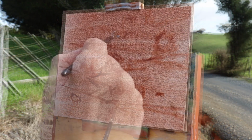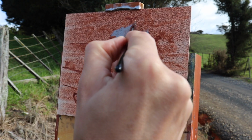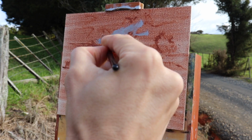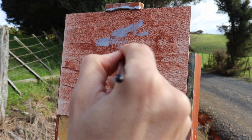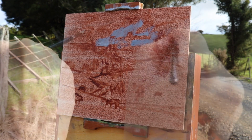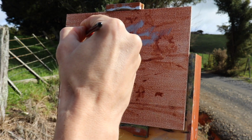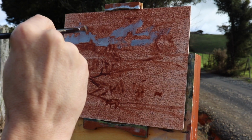So dark values in first, but what are values? Values are how light or dark a subject is, and I consider it more important than getting the colours right. Now if we can sort out our shadows to begin with, it's going to make it much easier to paint those areas in light afterwards. This means it's also going to be easier to create the atmospheric depth in the painting and make it look realistic. So I start with the furthest zone away, and that's the sky,